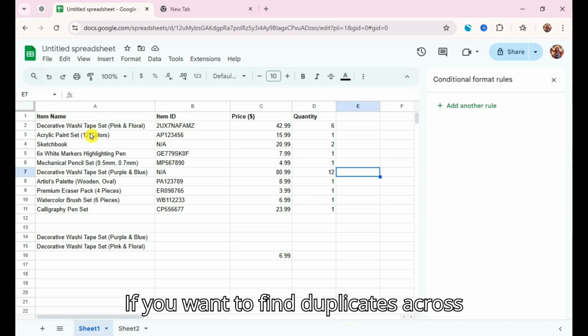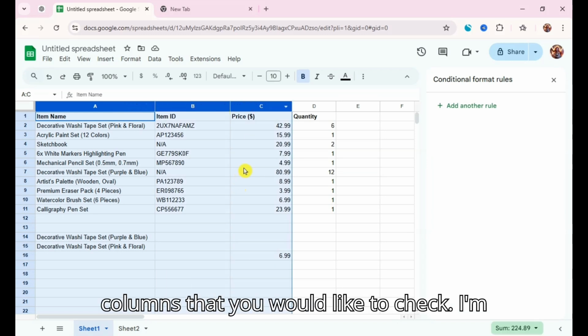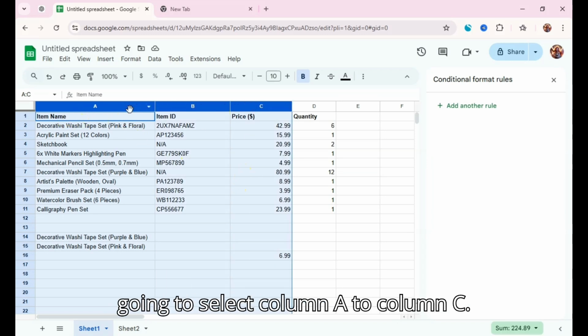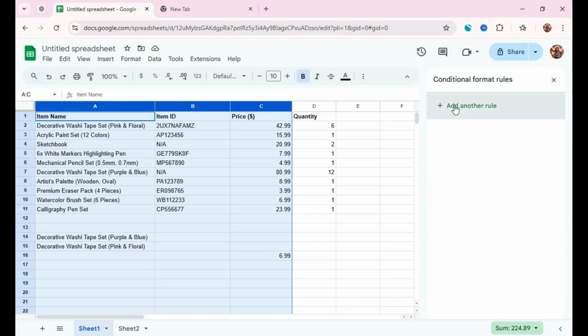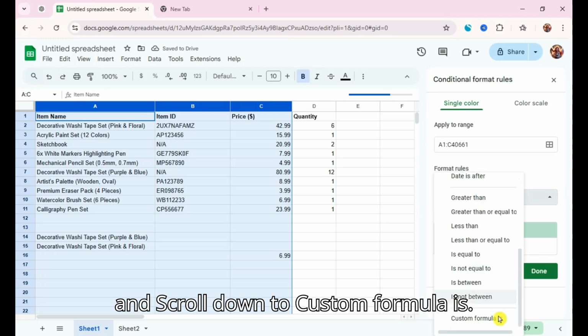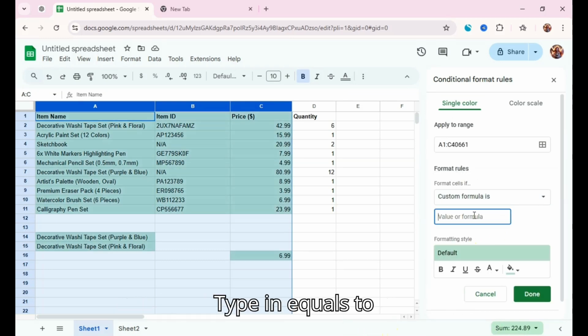If you want to find duplicates across multiple columns, select all the columns that you would like to check. I'm going to select column A to column C. Click Add another rule and scroll down to Custom Formula Is. Type in equals